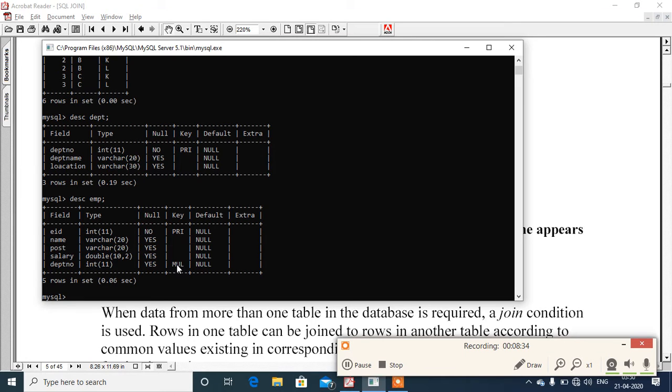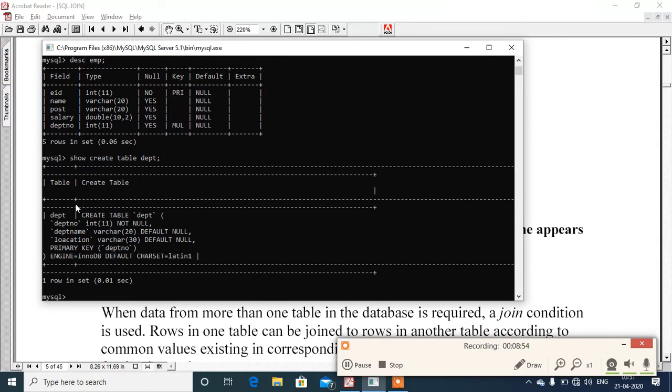If you want to see how the table was actually created, you can issue the command show create table DEPT. Here you can see the command executed for creating the table DEPT: create table DEPT, dept number int not null, dept name varchar default null, location varchar default null, primary key dept number. And for the table EMP,